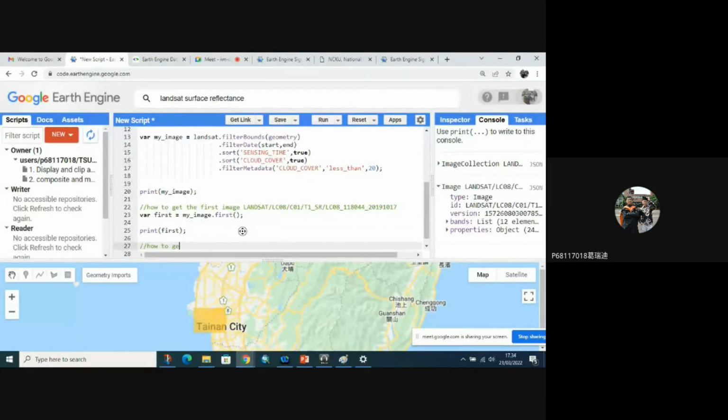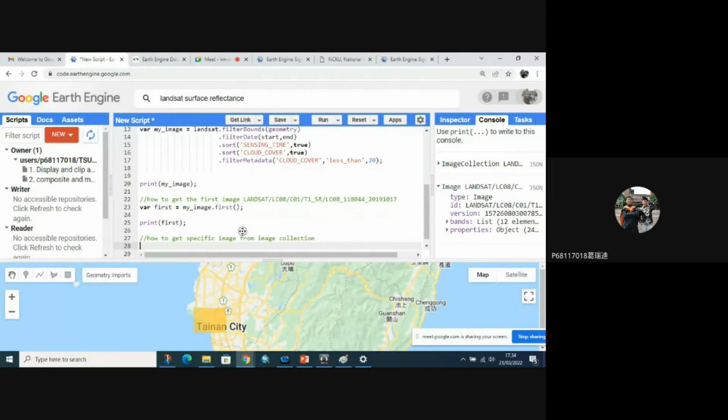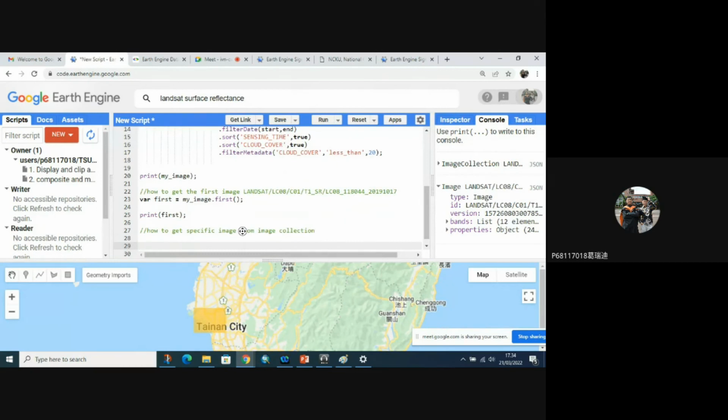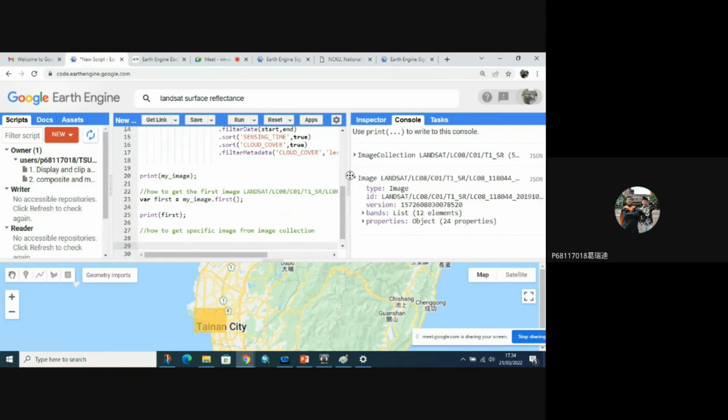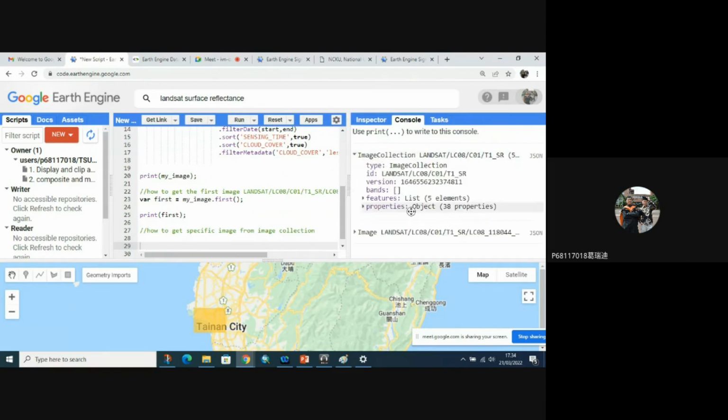How to get a specific image from an image collection? Maybe we want to get, this is the image panel, the image number 4 here.